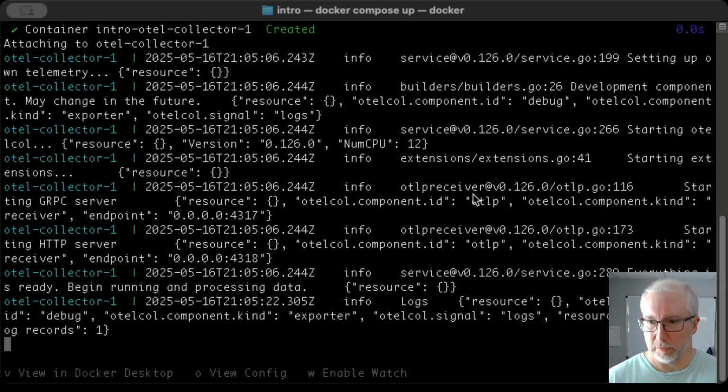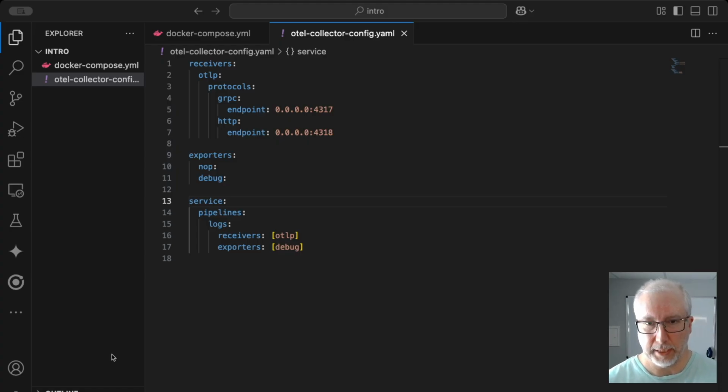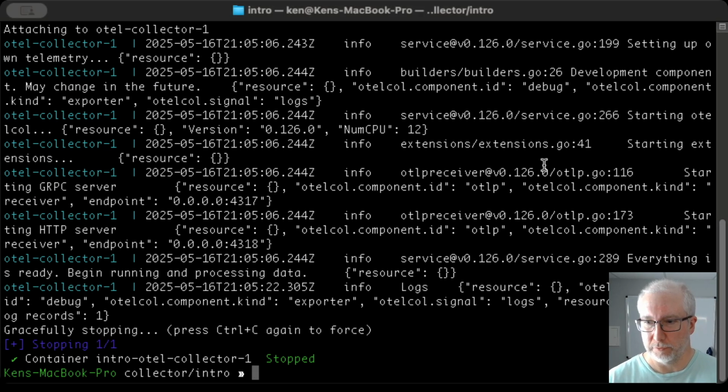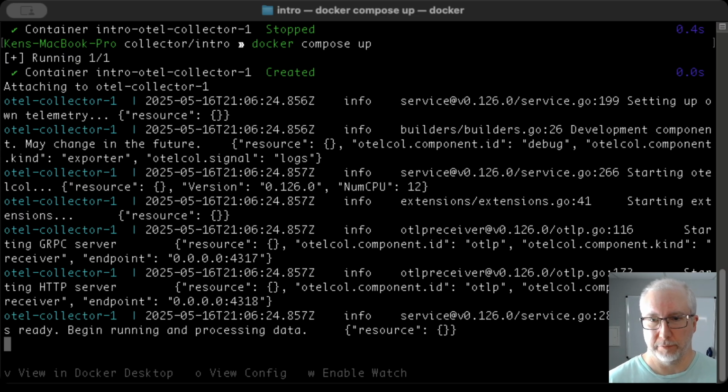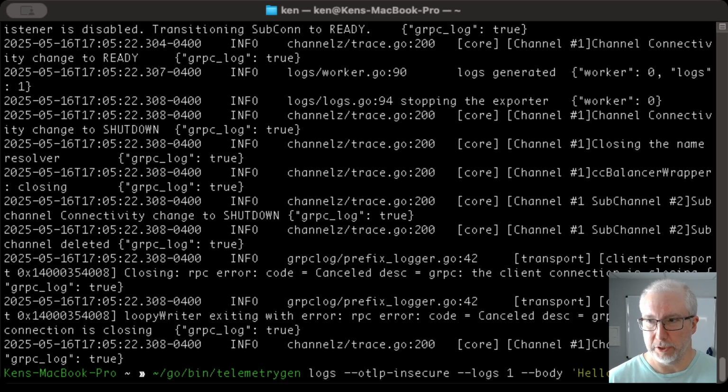So let's cancel that, and then we'll go back to our IDE, and then we'll increase the verbosity of the debug exporter by saying we want detailed. And then if we go back to our terminal and run Docker Compose up again, so we're ready to receive information, and then if we go back and run our telemetry generation again,